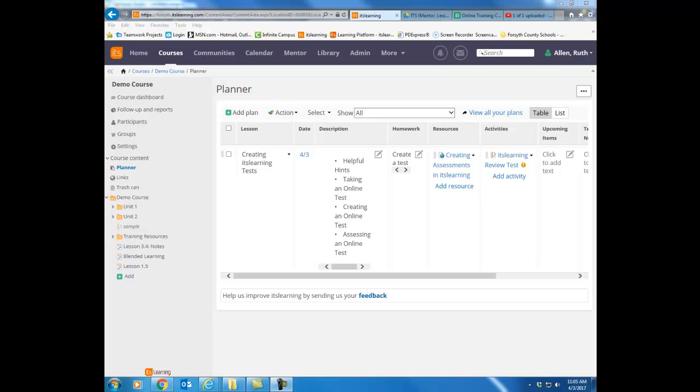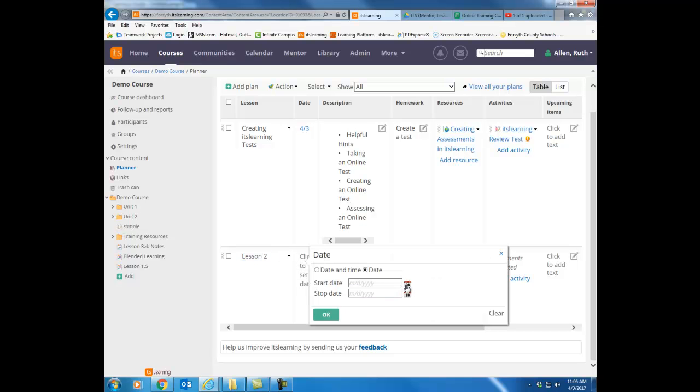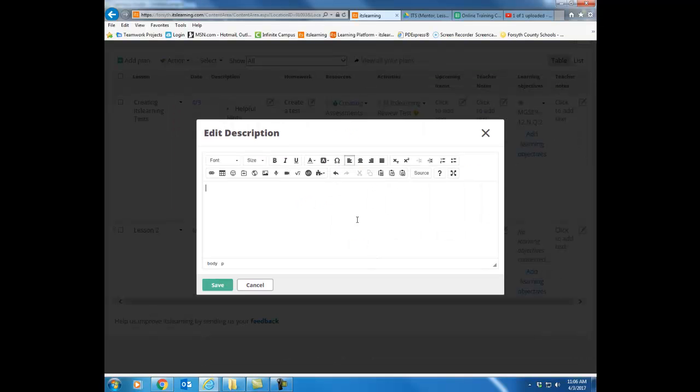I want to address just a few more features about the planner that may be helpful for you. You just learned how to add your first lesson to your planner. To add your next lesson, once again, you would just click Add Plan and then go through and edit your next lesson. So I'm going to go ahead and add a lesson for tomorrow and then just type in my agenda